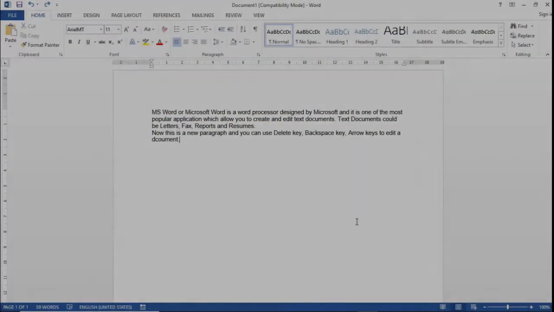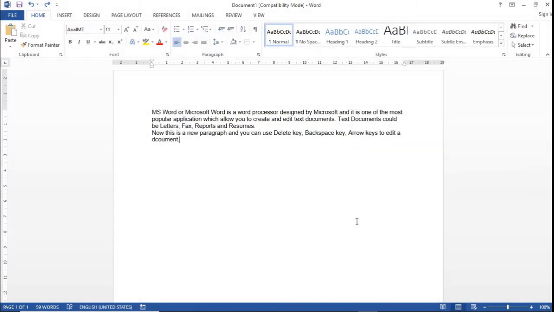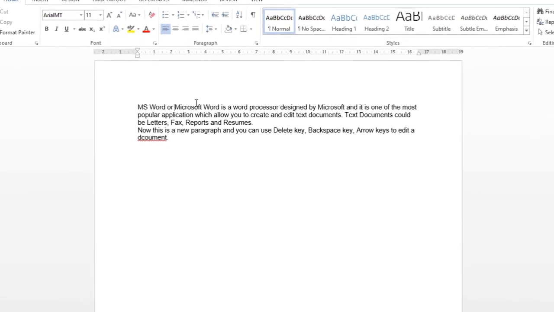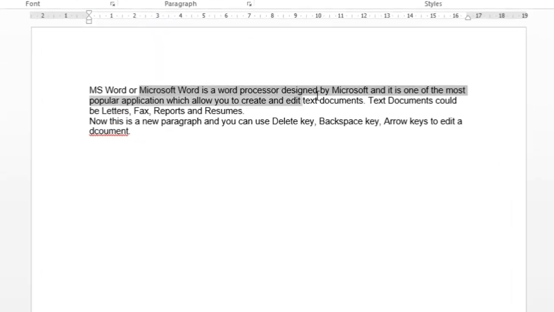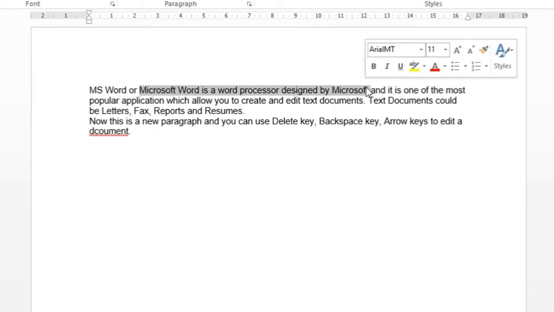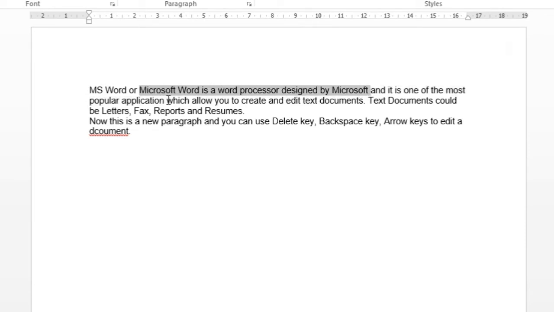Now, we will see how to use cut, copy and paste commands. Before that, we will see how to select the text. Selection of text can be done by just dragging the mouse pointer over the text. This is one method, and you can also do the selection by holding shift and arrow keys.